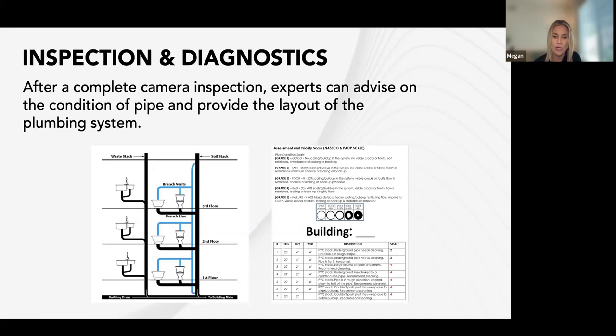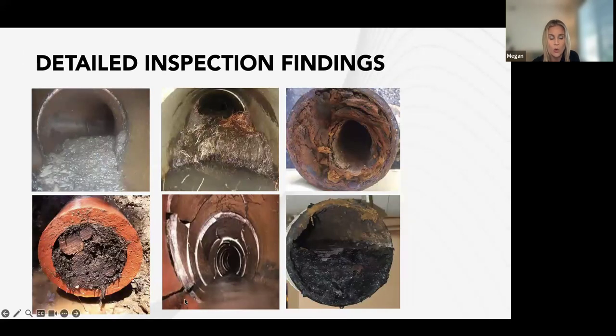We'll locate it with our camera and then determine where we need to go so we can take a look at it. But a camera inspection is great to actually get into the pipe and see, does it need cleaning? Are there cracks? Sometimes we're not able to see if the walls of the pipes are so built up. We might need to do a little bit of cleaning to remove that buildup.